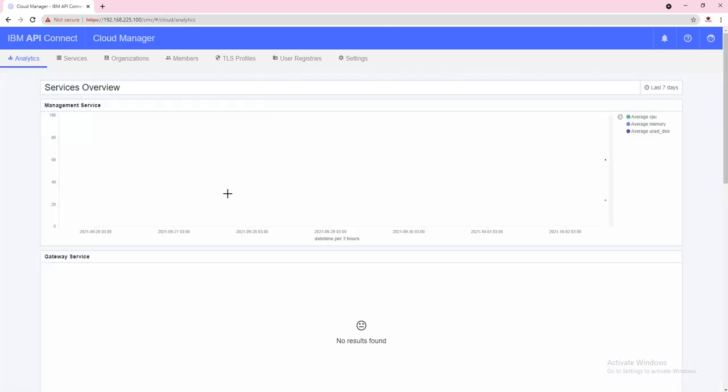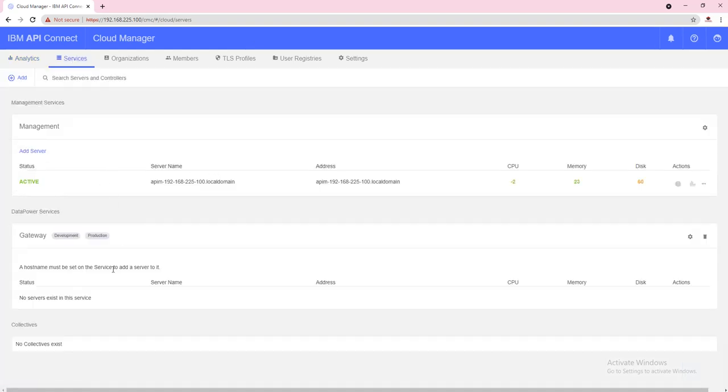Okay, here we can see we didn't add the gateway yet, so we can't see the gateway, services, analytics status here. Whenever we add the DataPower here in the gateway, we'll be able to see the DataPower CPU, memory and disk space. We can check from here as well.